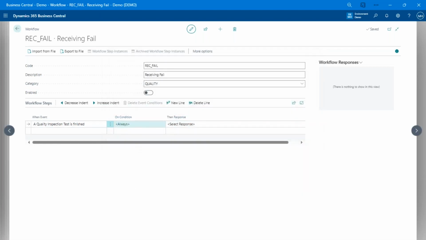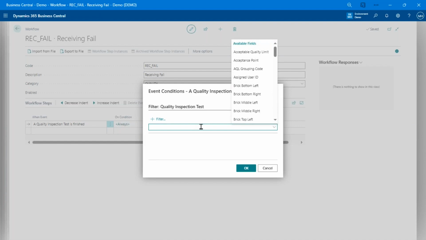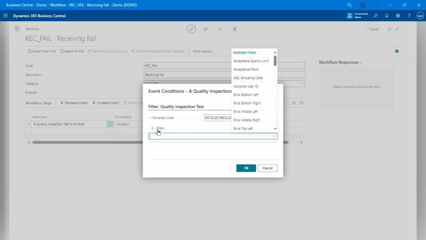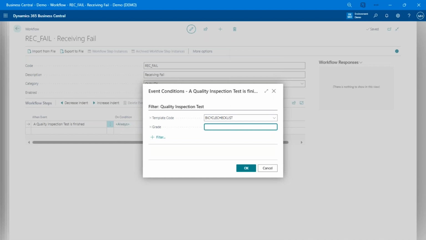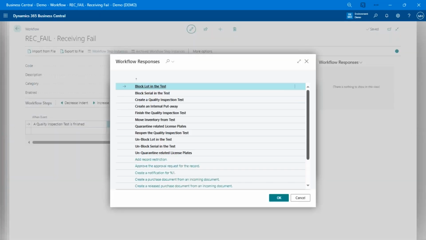So when I finish a test, let's do the template code, let's do the bicycle checklist. When we're doing the bicycle checklist and there is a grade of fail, what we want to do is come in and do a bunch of stuff. So what I'm going to do first is go in and block that lot